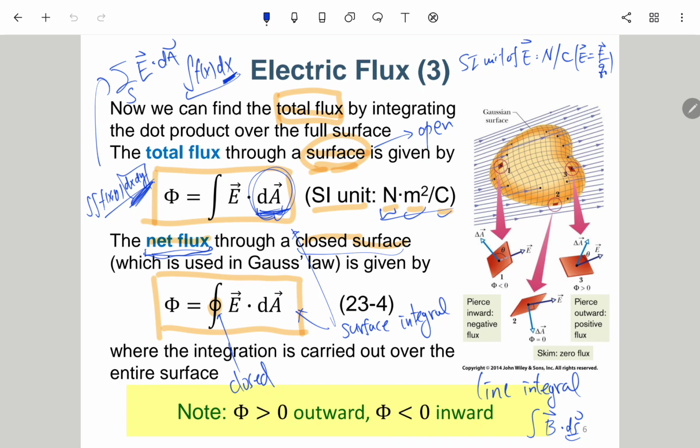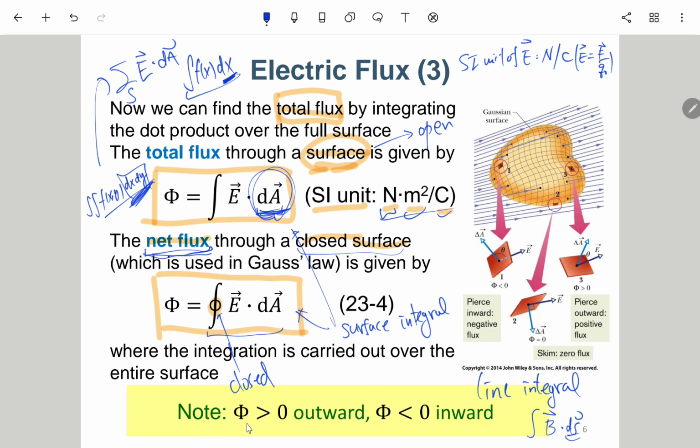For each element you can calculate d phi to be E dot dA at that point. After getting all the E dot dA for each of the elements, you can add them together. This summation we just write as an integral. 所以符号上它是这样的，但是实际上你可以想象成它就是加总：你把它切很细之后，全部乘起来，然后我们再加起来。